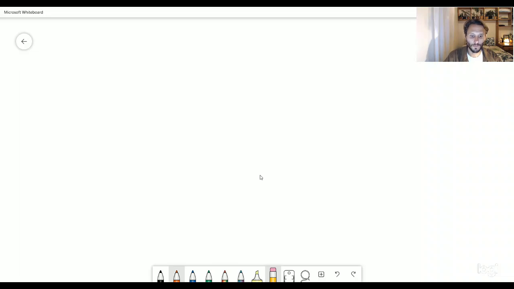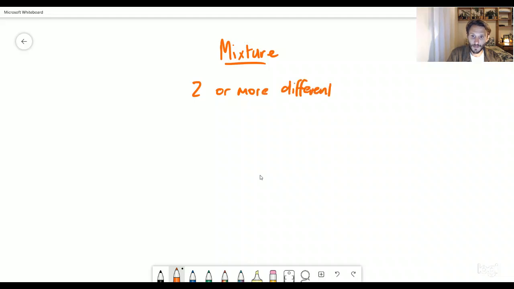So we're going to start off by defining what we are going to be separating. And what we're going to be separating is a mixture. Now what is a mixture? So a mixture is defined as two or more different, keyword here is different, things. Okay, this is a mixture, and we also want to say that a mixture with these two things, they are